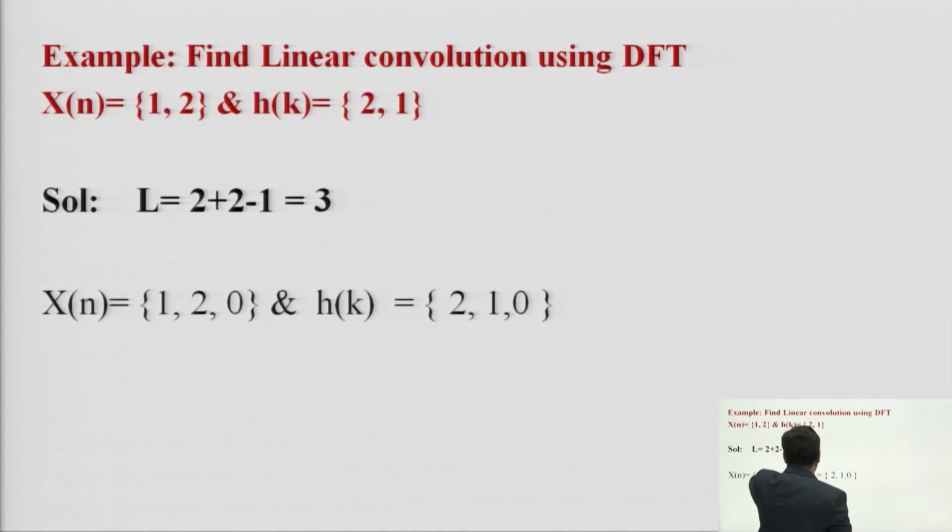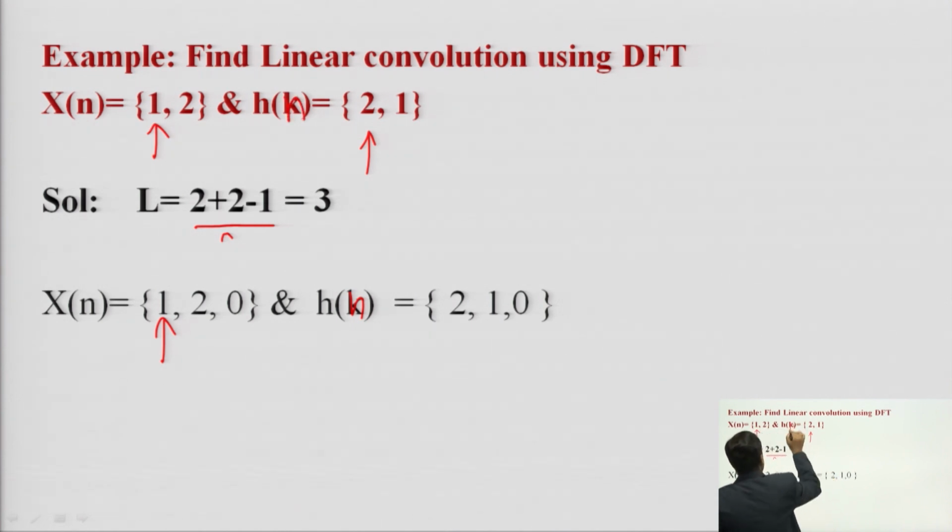Now, again a question we will see here: find the linear convolution using DFT. Now you have to use DFT, but again you have to keep this condition in mind, that it will be n 1 plus n 2 minus 1. Its length: at 0 it is 1, at 0 it is 2. So length 3 will be possible. So it will be 1 2 0 and h of n is equal to 2 1 0. This was a misprint, you can correct it here.